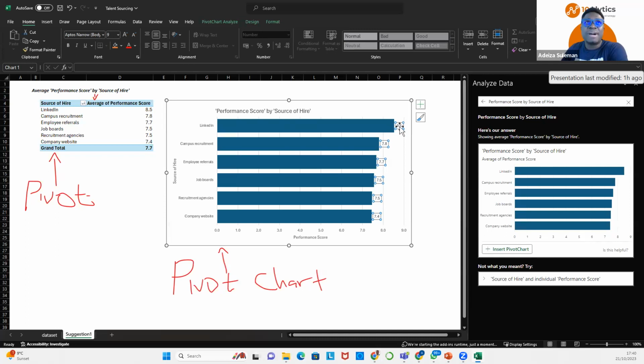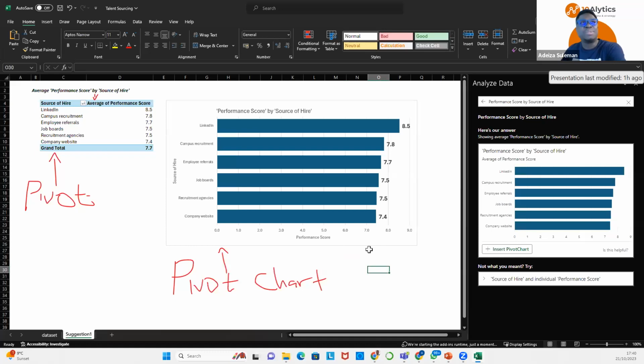So LinkedIn is 8.5, and I'm going to bolden it a bit so you can see it better. I click on the number 8.5, click on bold, and go to my font and increase the font size to 14, so it's bold enough for you to see, right?